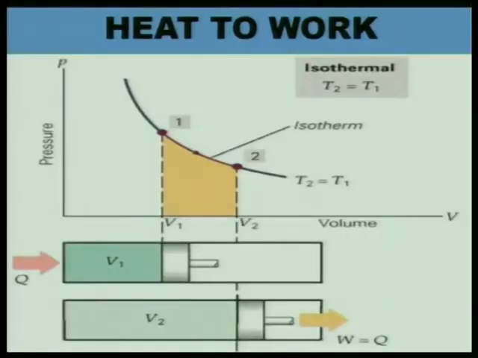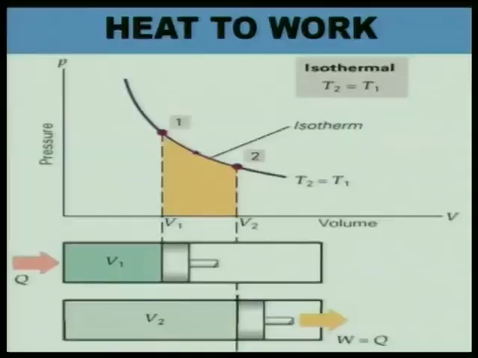You can see Q is heat input from outside the cylinder, and the volume V1 which is being shown is the volume of air. When heat is being added to this air, the temperature of air can rise, but at the same time in some of the processes we want that when heat is being added, the temperature of air should remain constant. It can't remain constant if heat is being added, because the internal energy of the air will be increasing. So the temperature should increase, but at the same time the piston, if it is moving, is responsible for the expansion of air, and that is decreasing the temperature of air.